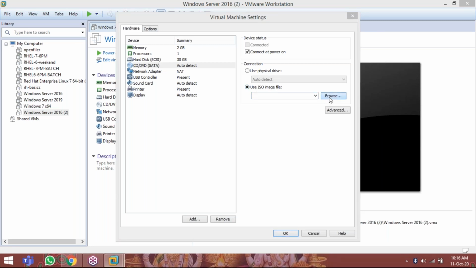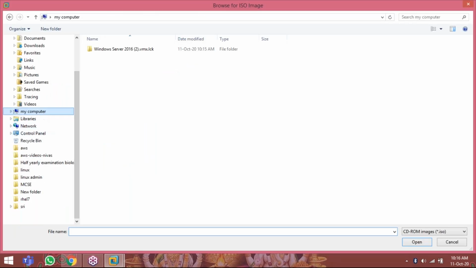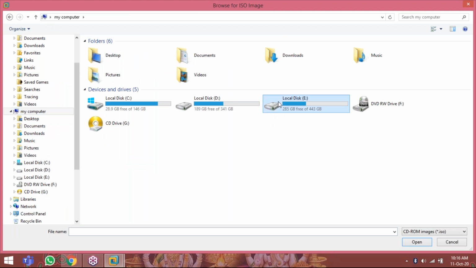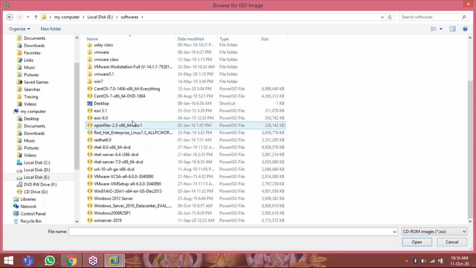Click on browse. Now where you copied image file, I copied into my computer, E drive, softwares. So I am having this much of ISO, CentOS, ESXi servers, OpenFiler, Red Hat 7, Red Hat 6, Red Hat 8, and Solaris, VMware, Windows 8, Windows Server 2012.